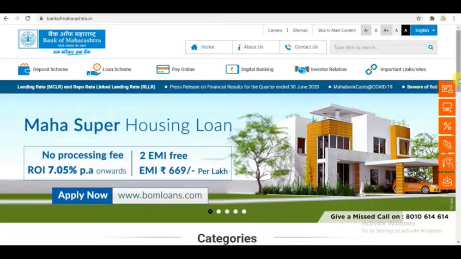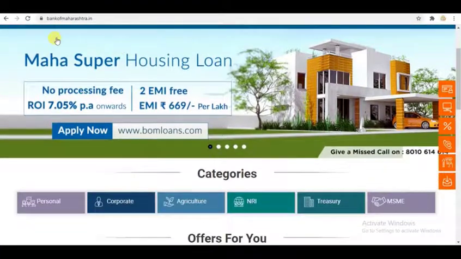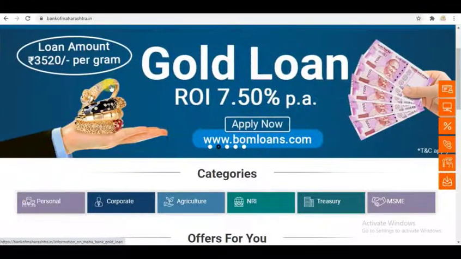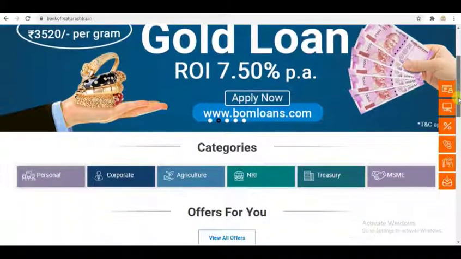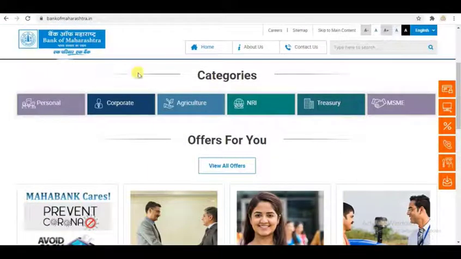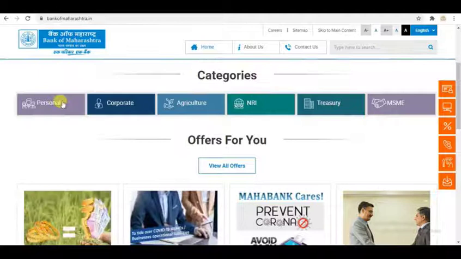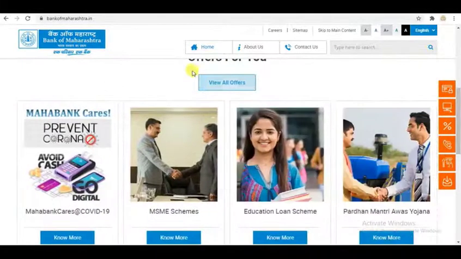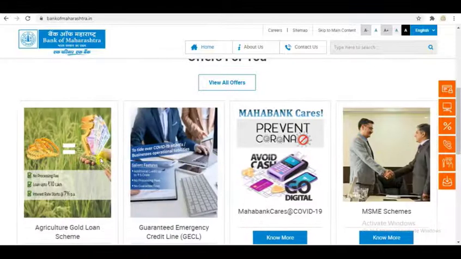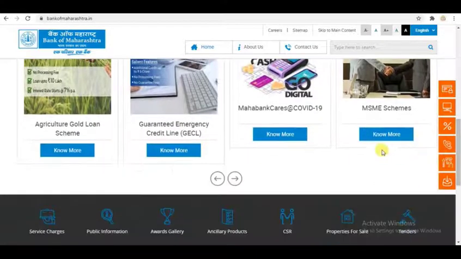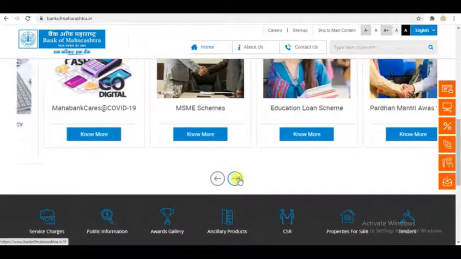Then after the news ticker there is an image slider. This is another row. Then the next row of categories is divided into 1 2 3 4 5 6 columns. Then the next row contains different sections or parts, which are scrollable items, scroll left and scroll right.